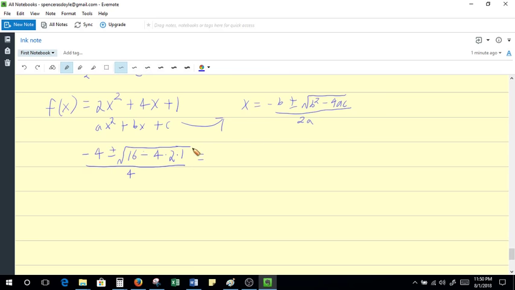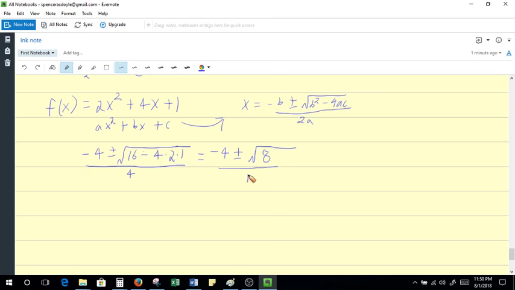I can simplify this down now. We've got negative 4 plus or minus the square root of 16 minus 4 times 2 times 1, which is 8, so that's going to be 16 minus 8, which is 8,